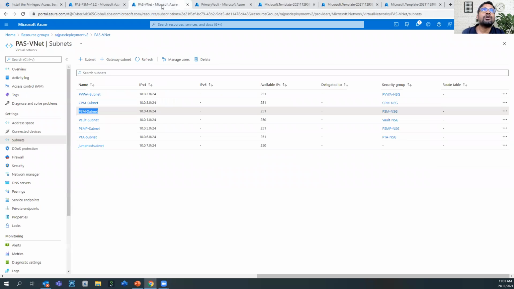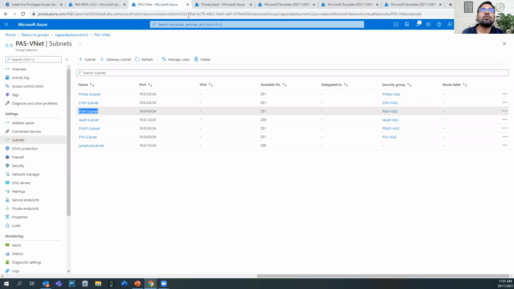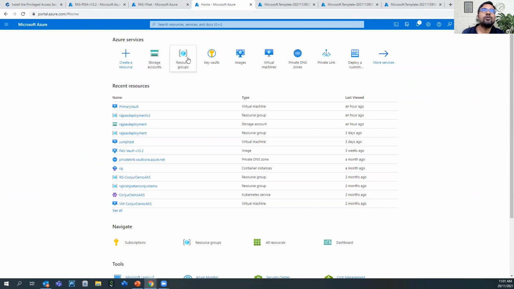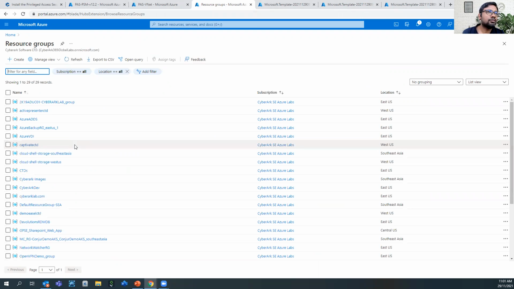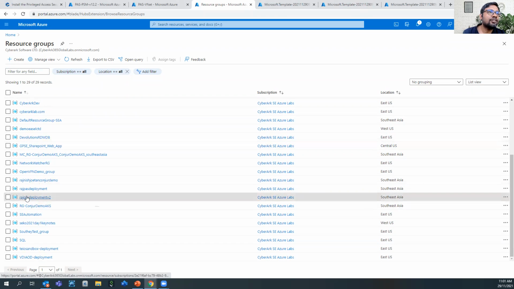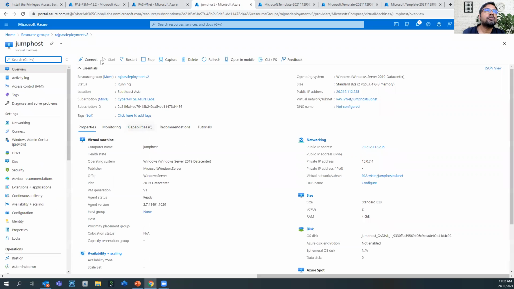As a last step, let's go to the jump host, and from the jump host we will try to access CyberArk's PVWA. Let me go to the resource groups. In the resource group, if I go to the Raj PaaS deployment 2, let's go to the jump host.